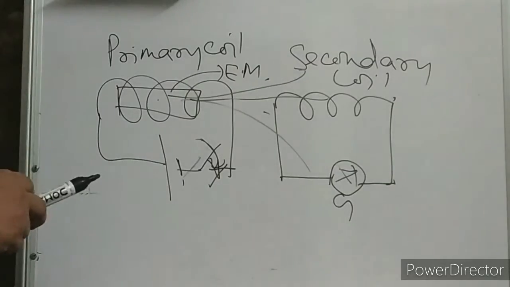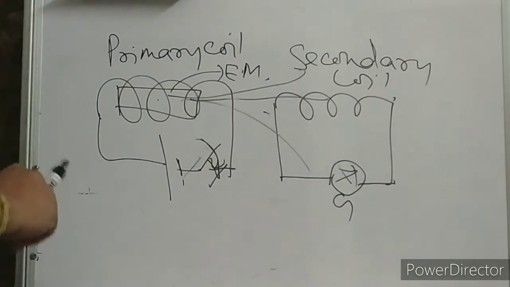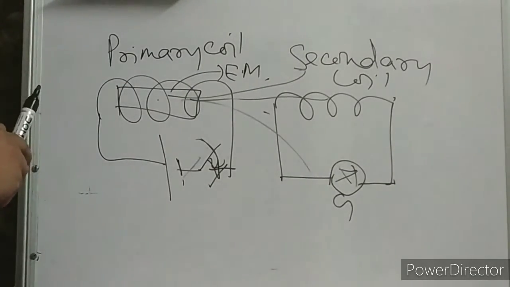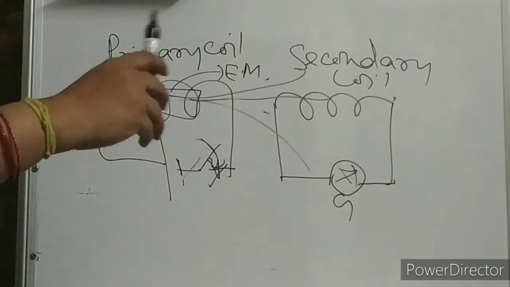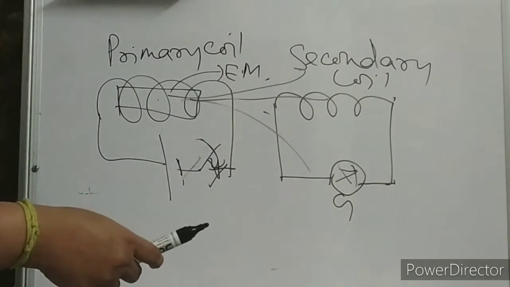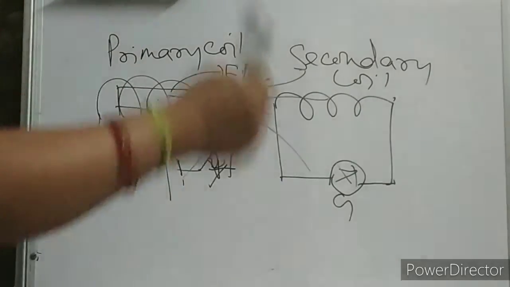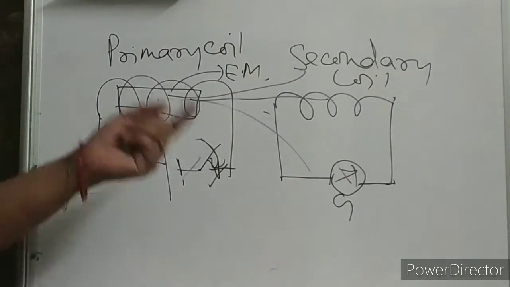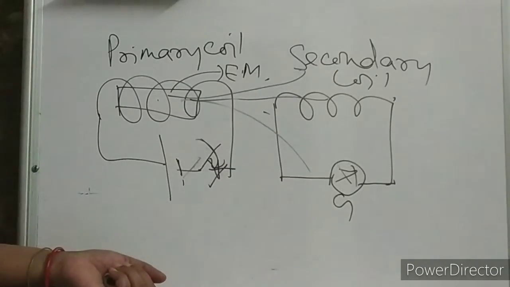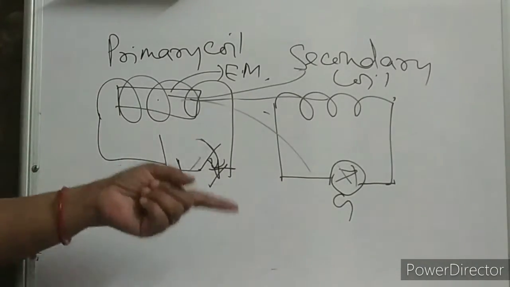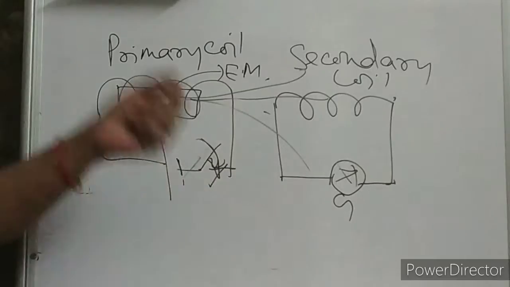In detail you are going to study this again in class 12. That means current is stationary. Okay, a certain constant amount of current is flowing. Clear? So here when there is a change in current, that means a momentary change has to be there. Momentary change in magnetic flux will now produce your current.